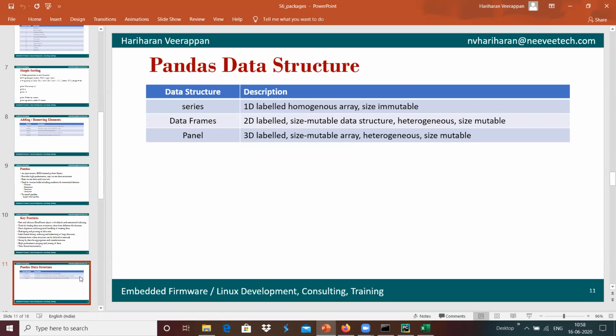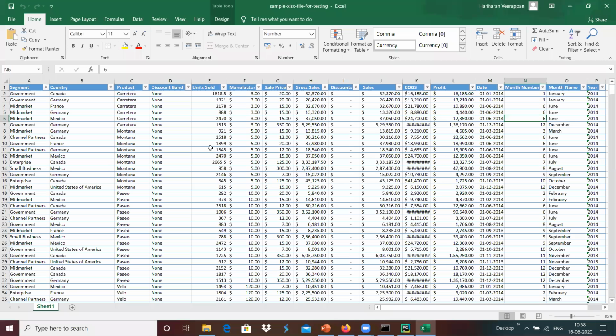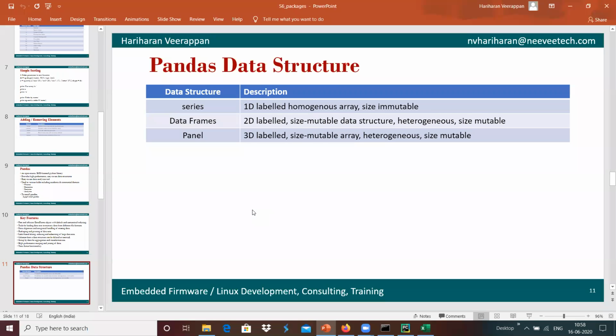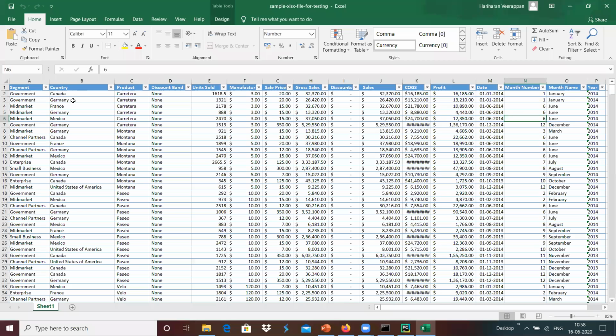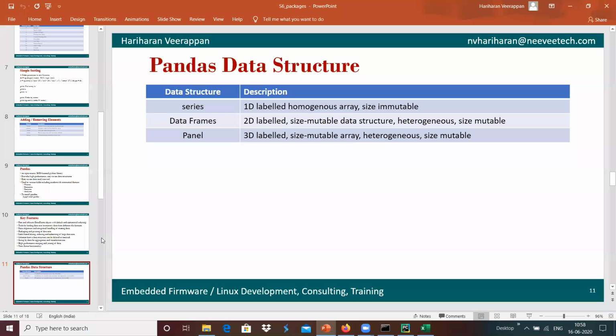The next data structure is data frames, which is similar to an Excel sheet, a two-dimensional labeled structure. For example, these columns are labeled with the segment, country and so on, and each row is labeled with the numbers 1, 2, 3, 4 up to some value.